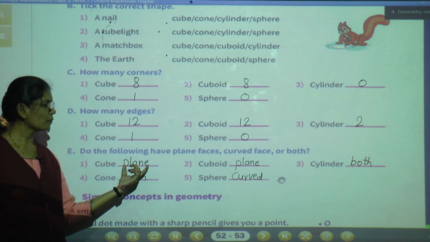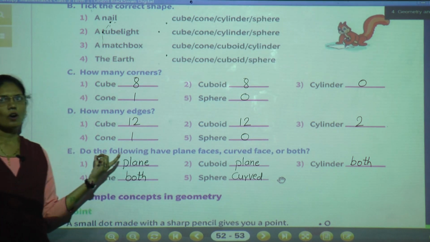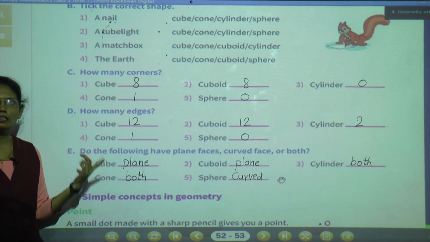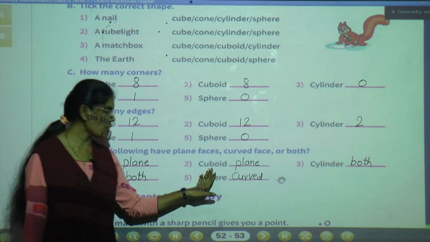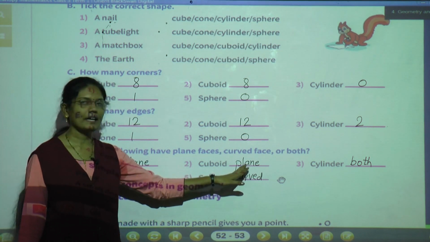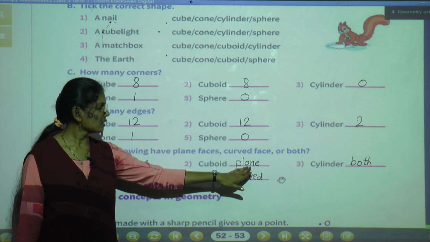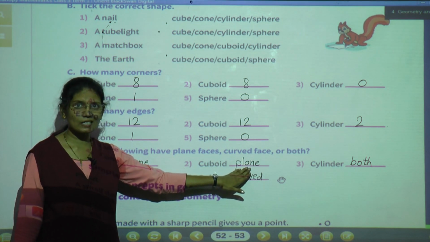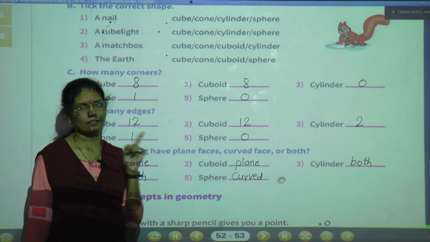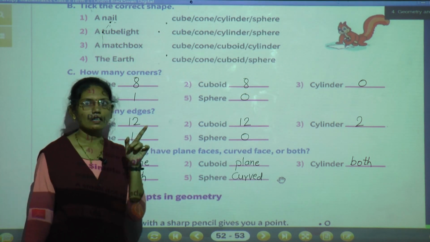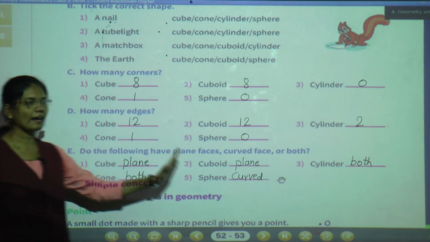Then we have seen the faces also. The cube has only plane faces. All the faces are similar, all the faces are square in shape. In the cuboid it has plane faces. Even the cuboid has 6 faces, and all the faces are rectangle in shape. This is the difference between the cube and cuboid.